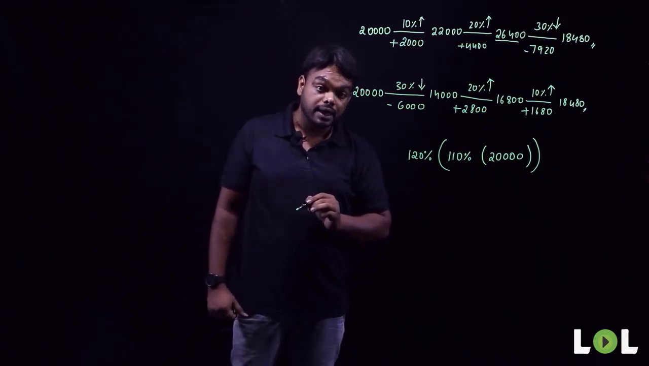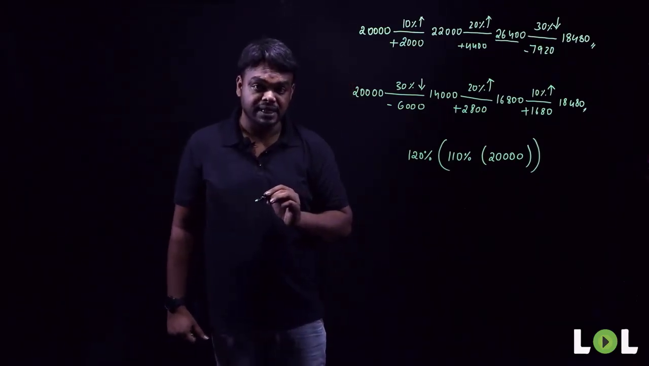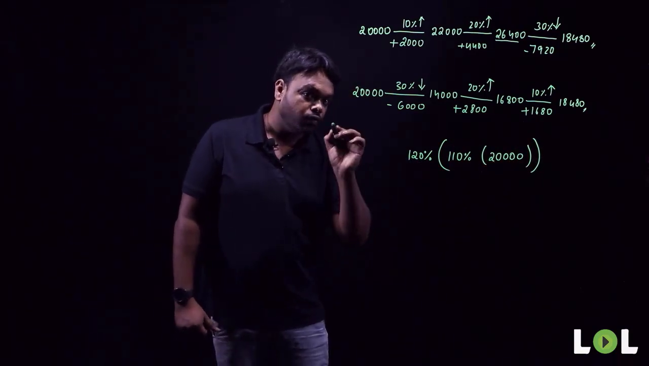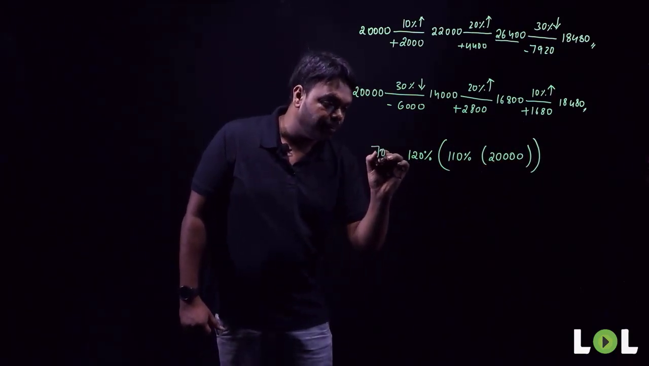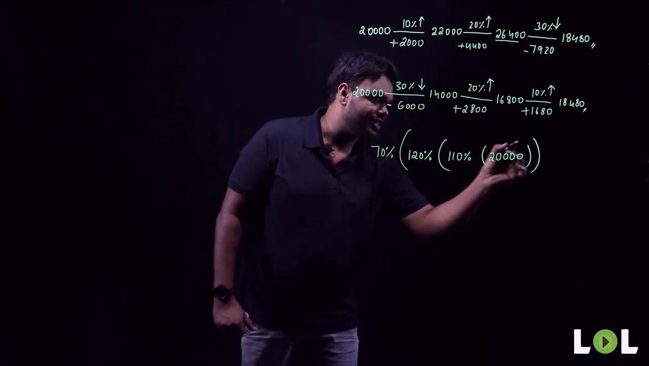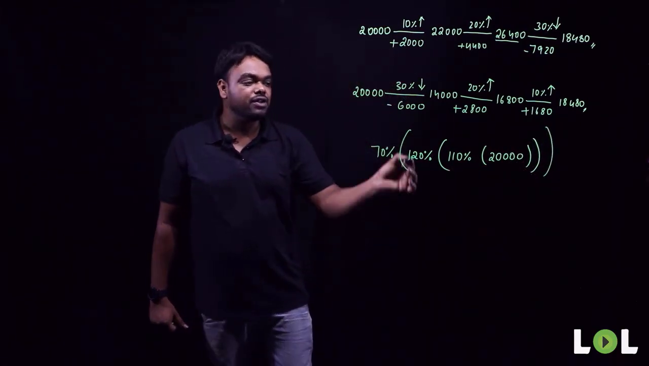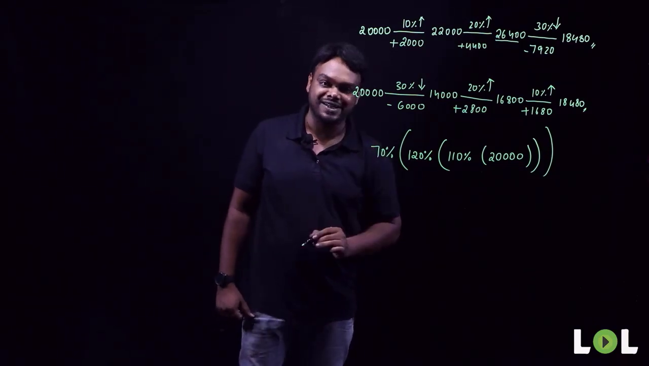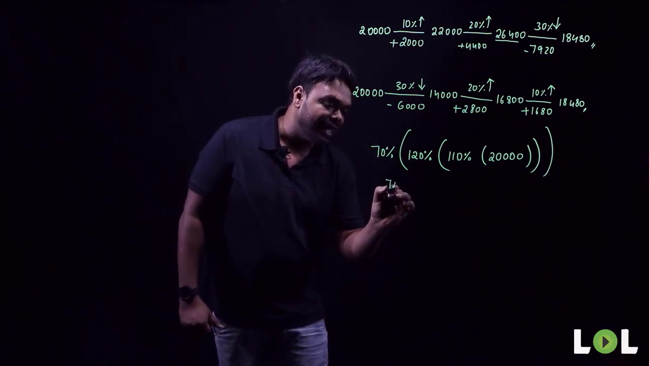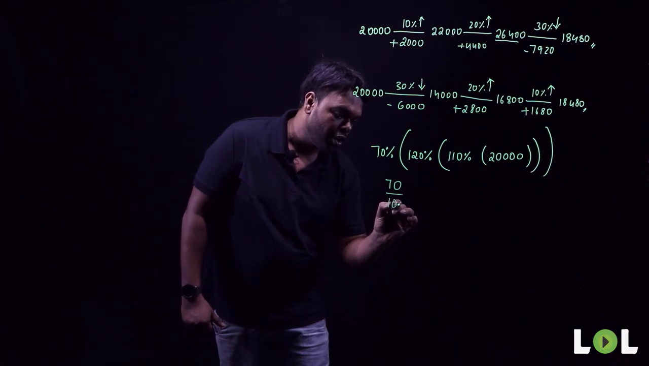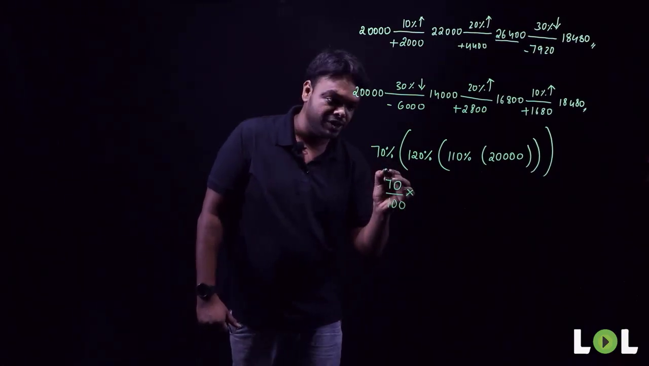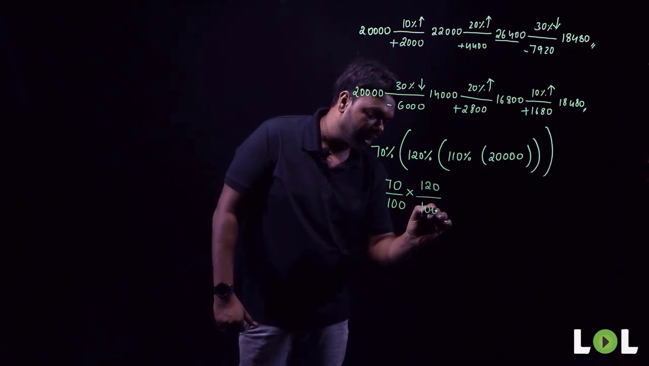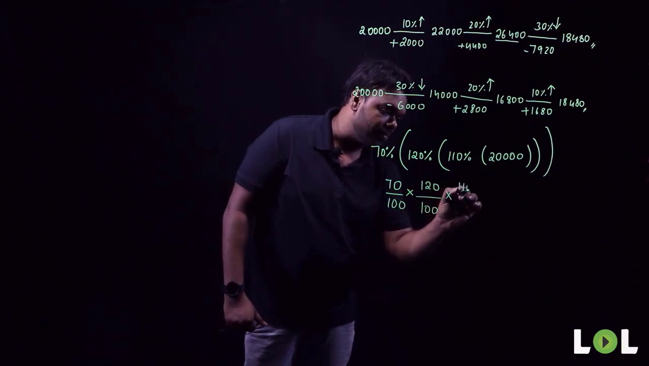Again, in the third year, the population is reduced by 30%. It means this whole value is reduced by 30%. So we will be left with 70% of this population. Now, even if you solve this particular expression, you should get the same answer. Let's check it out. 70% can be written as 70 by 100. Of is nothing but multiplication. 120% is 120 by 100 into 110 by 100